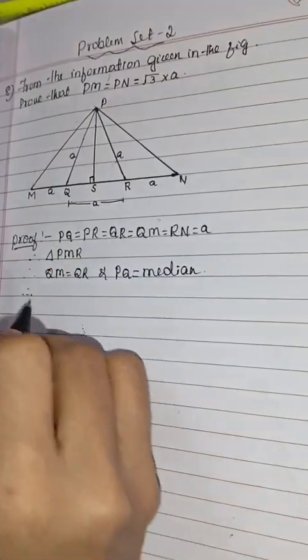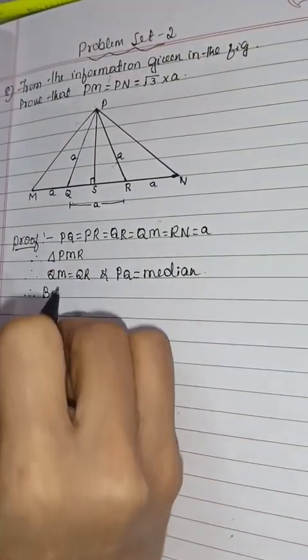Yeah, PQ is a median. Therefore, by the Apollonius theorem,